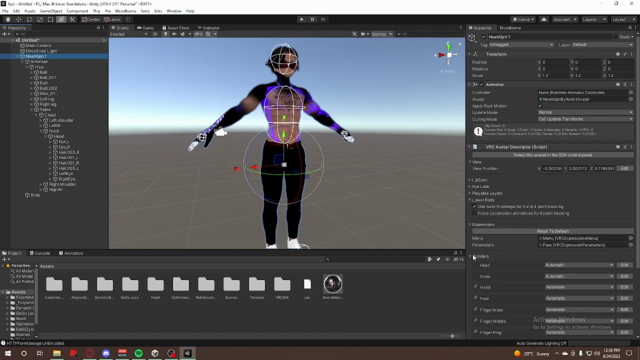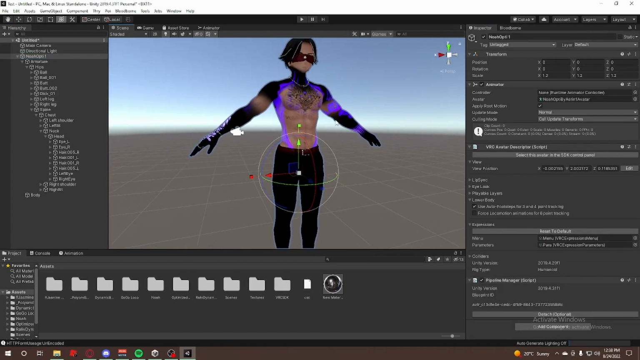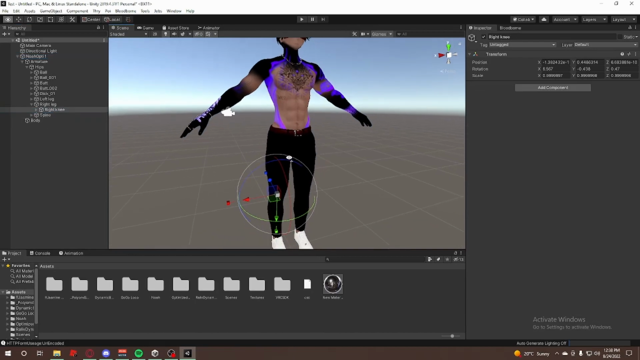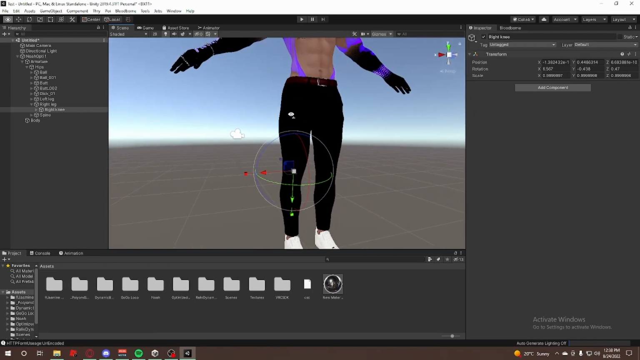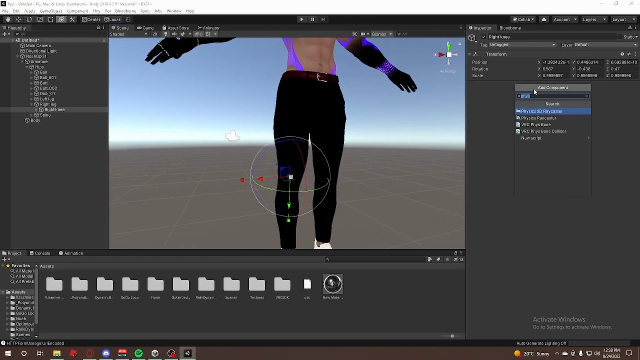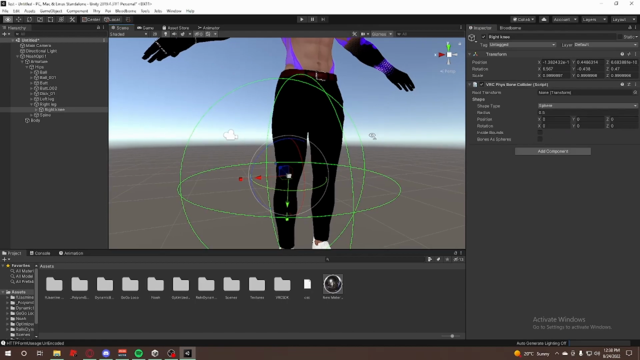You want to first close this and check where you want the component to be. I'm going to be doing it under hips, right leg and left leg, but I'll first show you the right leg. So here you can see your knee, and let's say I want to add a collider there. What I'm going to do is add component to my knee, type in Phys, and look for PhysBone Collider. You just add that,